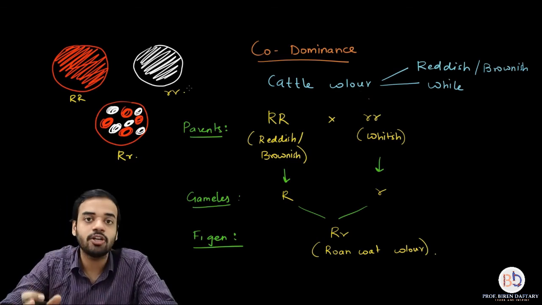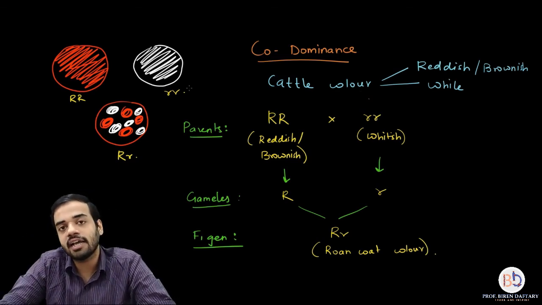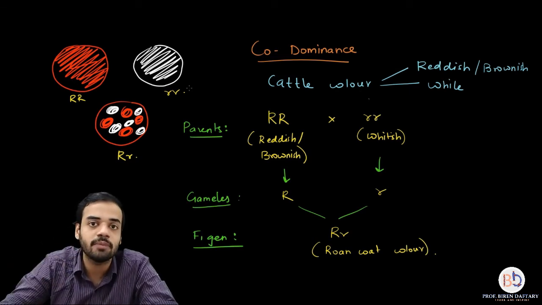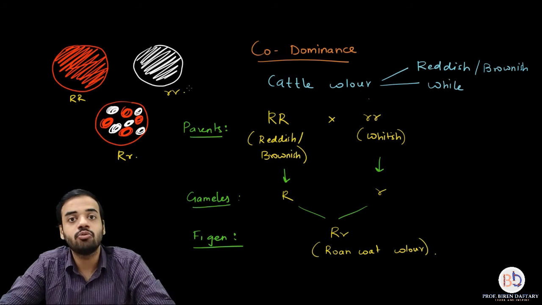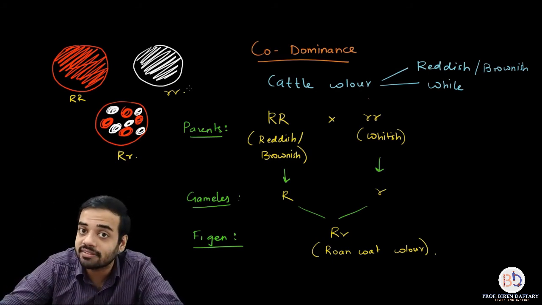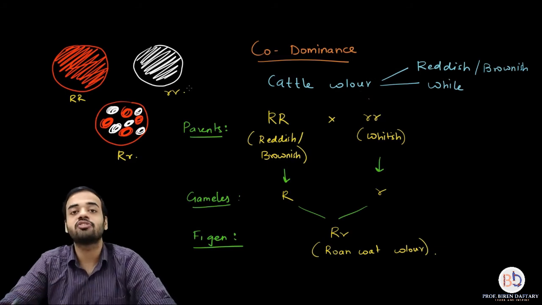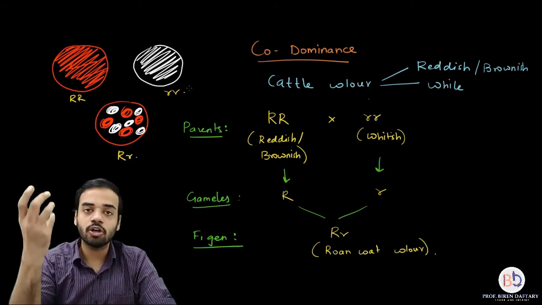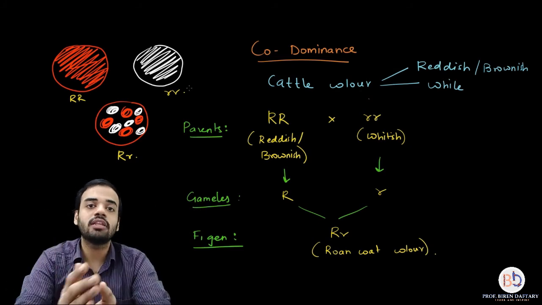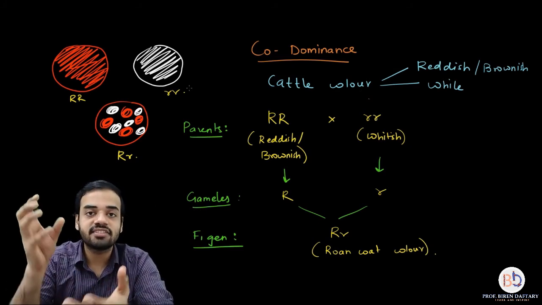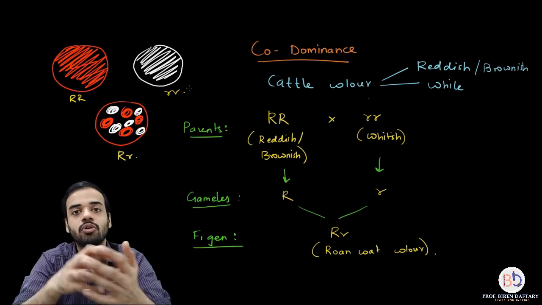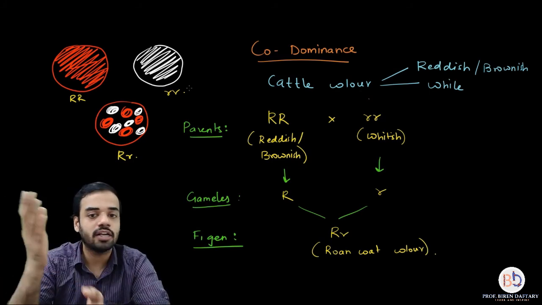In the case of incomplete dominance, what was happening is red color and white color, both those effects were mixing with each other, so the third type of phenotype was occurring, that was pink. But here you are having individual red areas in the coat, individual white areas. They are not mixing, but they are both showing their effect. So this is called codominance. So we use the word co when both of them are showing some effect together and both the effects are equally strong. And such a coat having both those spots is called a Rouen coat, having reddish brownish areas and whitish areas.